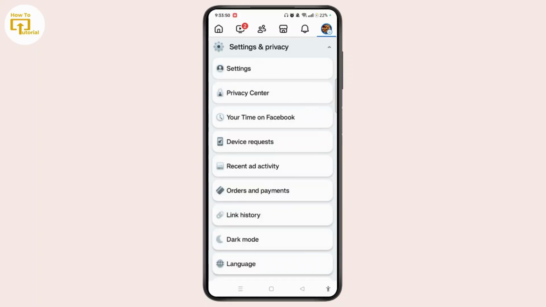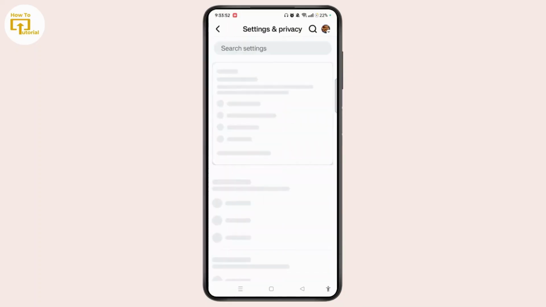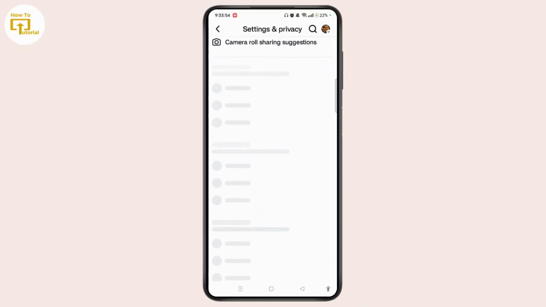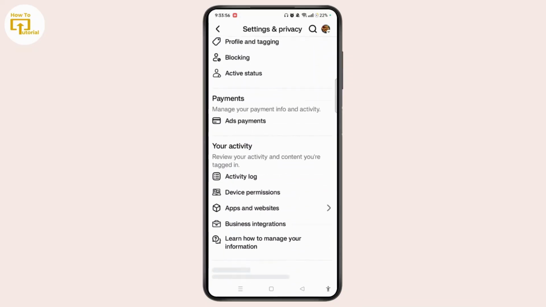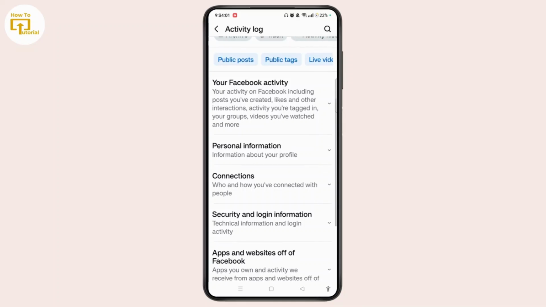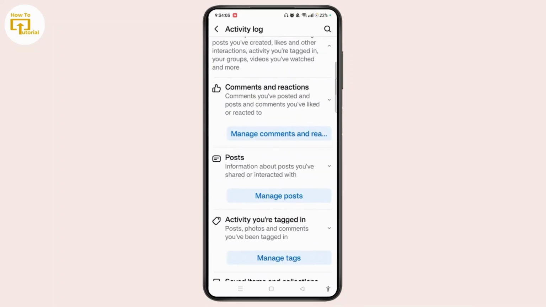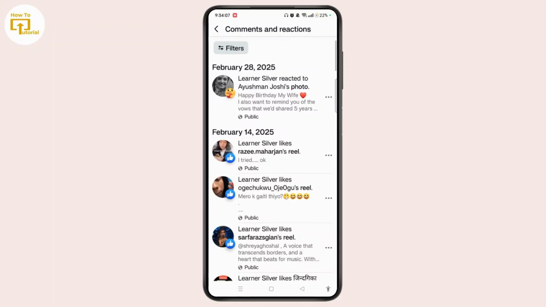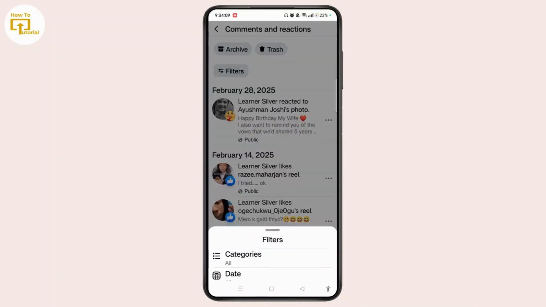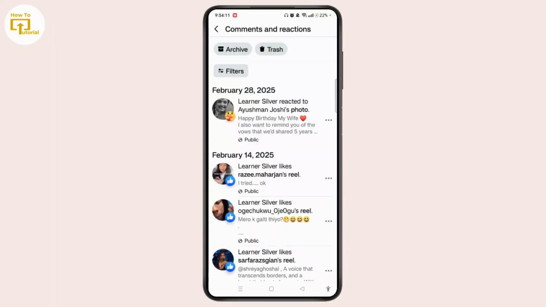Then select the Settings option. Scroll down and look for the option of Activity Log. Choose the option, and here you need to select your Facebook activity. Tap Manage comments and reactions, and here you need to tap on Filters and select the categories, and then choose